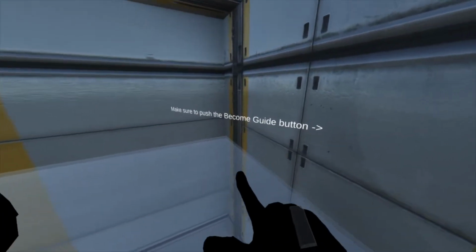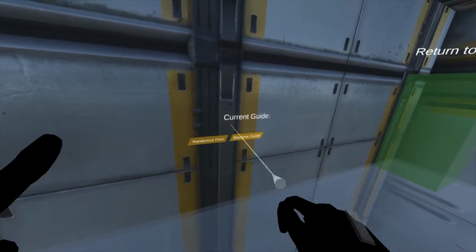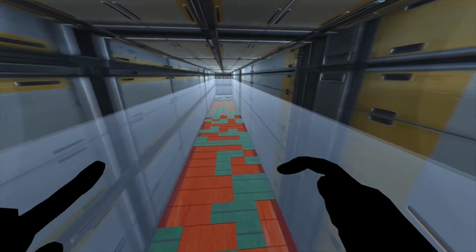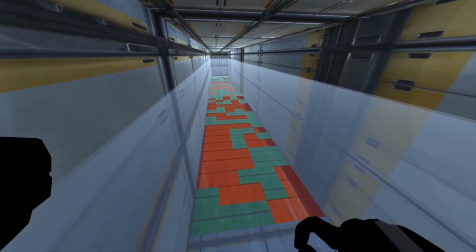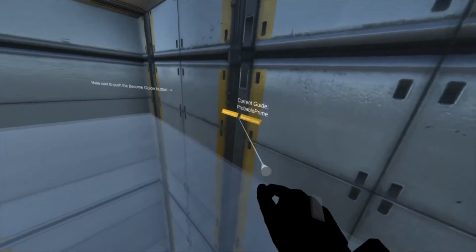Again, I couldn't get the rotation right, so I had to put this note here so people knew they had to go to here. So here you'll see current guide, and if I hit become guide, my name appears here, and then when I turn around, you'll see I can now see the floor. The green tiles are solid, and the red tiles are not solid. If I hit randomize floor here,